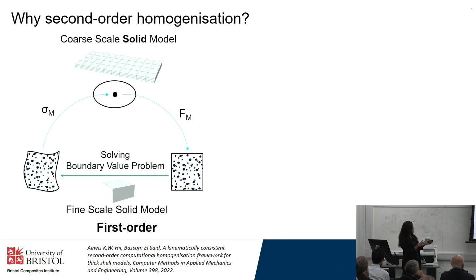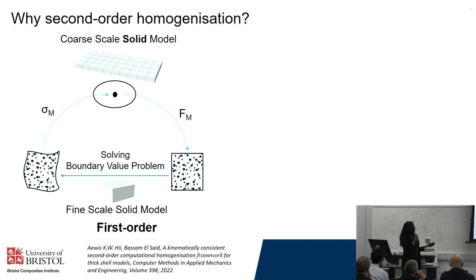Now the problem with this first order framework is basically the assumption on which it is built, that is the principle of separation of scales, which requires that the RVE scale has to be very small as compared to the macro scale. Because of this assumption, if we have something like a complex or higher order deformation mode in the macro scale like bending, that would literally translate as a constant deformation gradient over